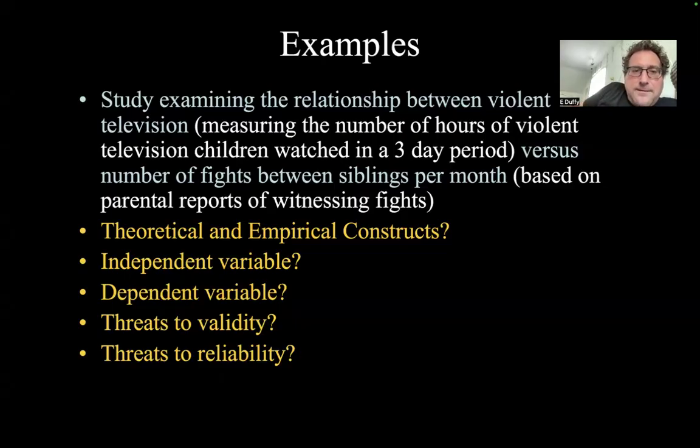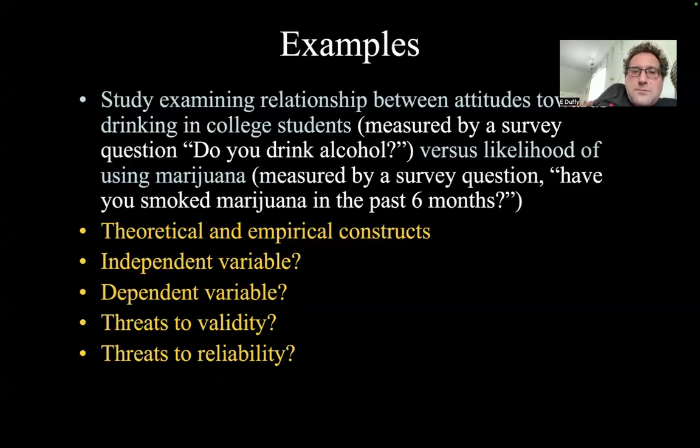What about attitudes towards drinking in college, measured by a survey, do you drink alcohol, versus the likelihood of using marijuana, measured by a survey question, have you smoked marijuana in the past 6 months? I'll let you figure out for yourself what the theoretical and empirical constructs, independent variables, dependent variables, and threats to validity and reliability are. These are kind of obvious ones at this point, but it's very useful to go through examples like this so that you can start identifying outright what the difference between an independent and dependent variable is,